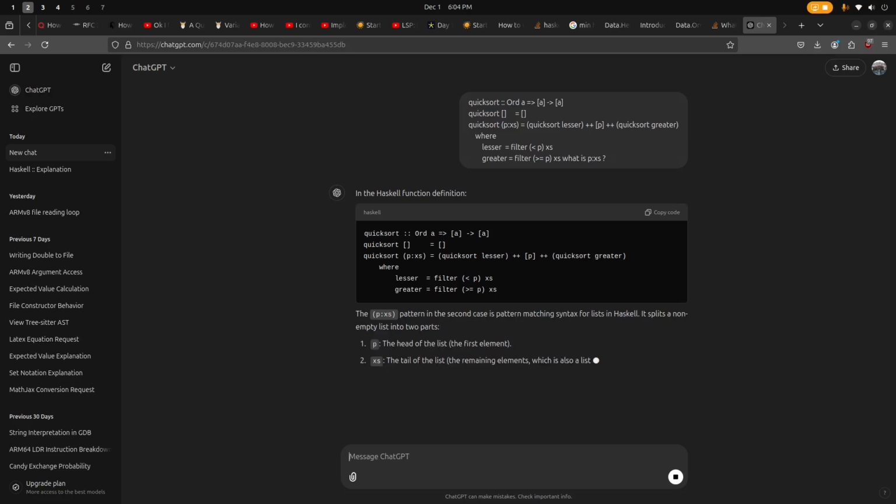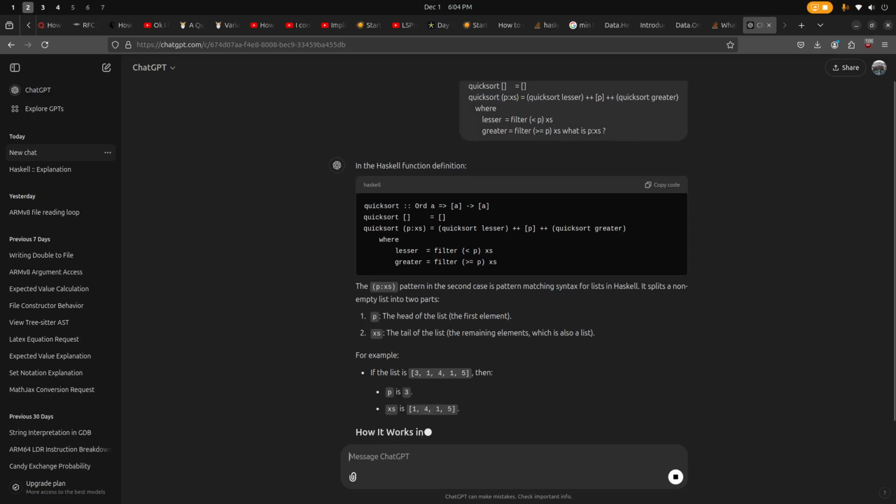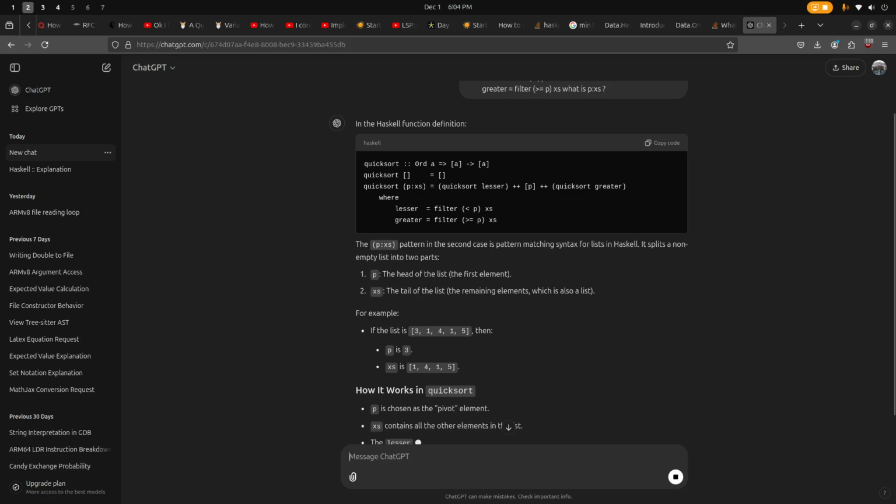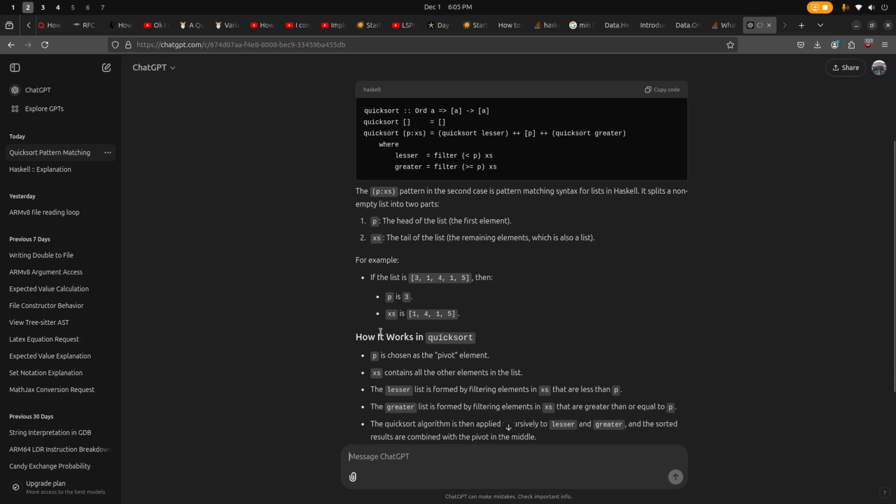Pattern in the second case. Matching syntax splits a non-empty list into two parts. P is the head of the list, the first element, and XS is the tail of the list, the remaining elements, which is also a list. If the list is this, then P is that, and XS is that. How it works, P is the pivot, XS contains all the other elements. A lesser list is formed by filtering elements in XS that are less than P, and greater